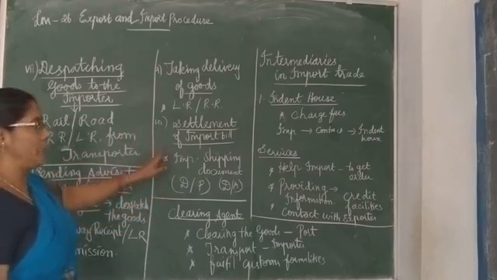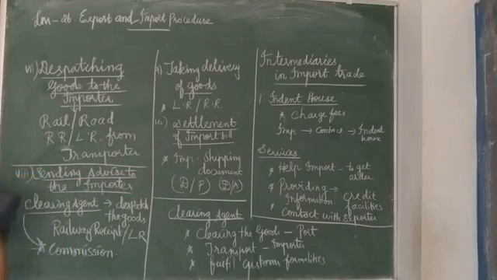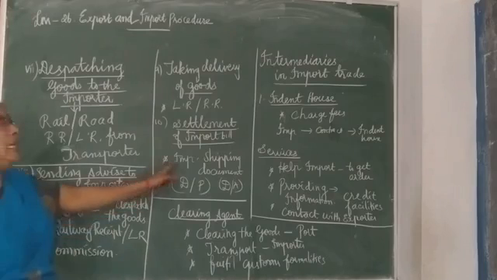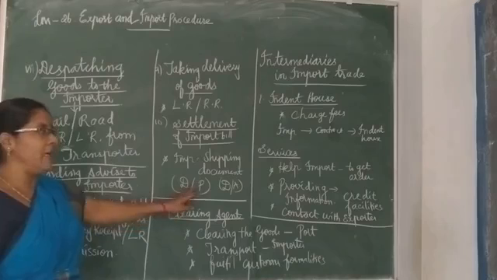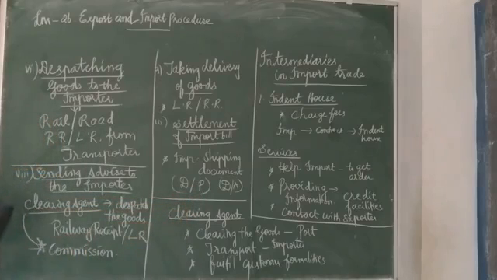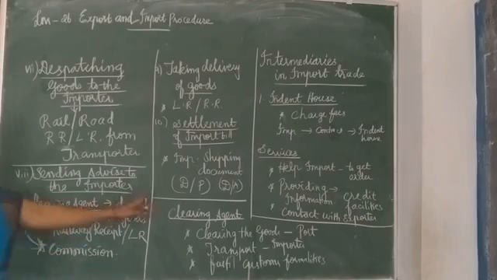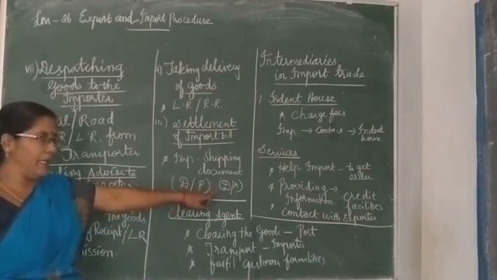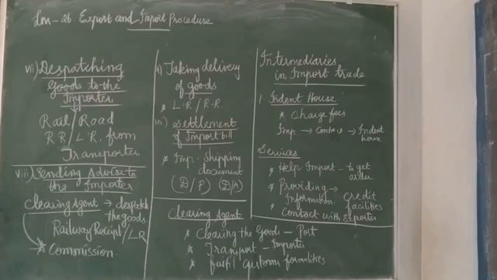And the importer is going to settle the import bill. How is he going to settle the import bill? The importer settles the import bill in two ways. He can collect the shipping document after the payment. The importer gets the shipping document after the payment of the bill of exchange in case of document against payment.